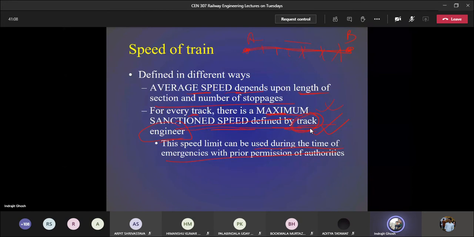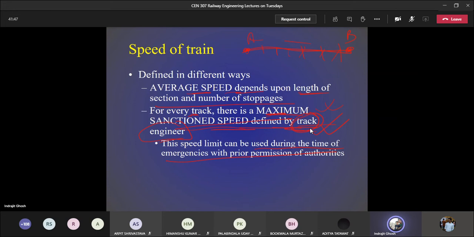So you know that there will be speed violation, and if there is a person traveling very high above the speed limit, we punish them, we issue them a ticket or challan, if not in India, then abroad. Now why are we doing that? Because he is traveling in a way which is unsafe. But is it really unsafe? Because we know that we have designed everything with the 95th percentile speed, much higher than what people are traveling at, or the 98th percentile speed, which is much higher. So design speed is basically an extreme situation.